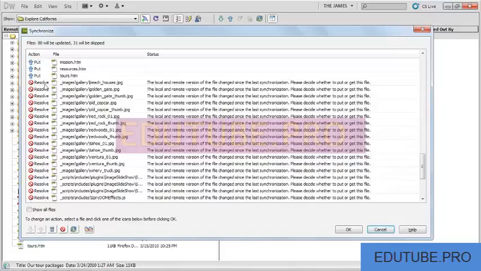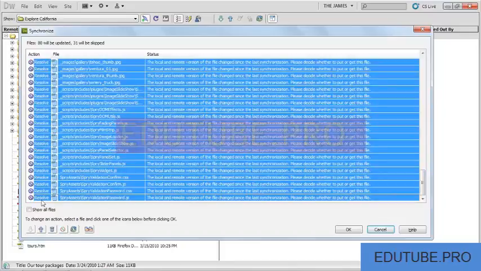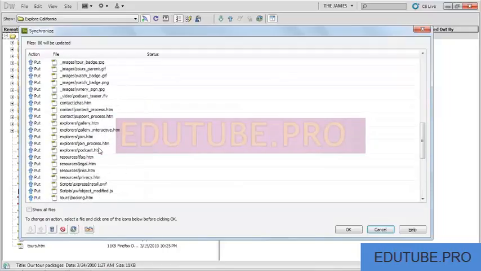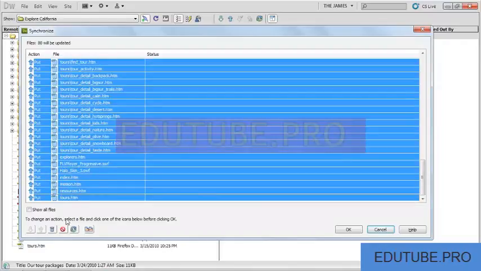Well, one of the things that I can do is highlight all of those issues and say, you know what? Don't worry about it. Let's just go ahead and mark those selected files as already synchronized. That way I can come back to them and worry about them a little bit later on. Also, I really don't want anything except for those images. Maybe that's what I was really interested in uploading in the first place. So I can select anything that isn't in the images directory, and I can tell Dreamweaver to go ahead and